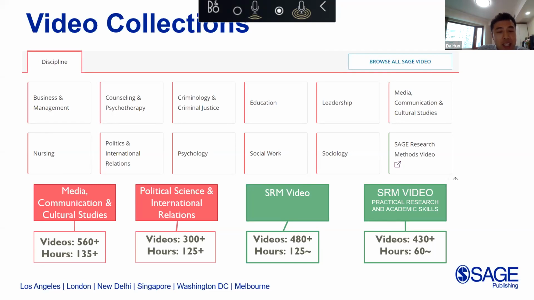For each collection, we establish and work with an editorial advisory board. These board members are faculty at universities around the world, experts in their fields. For each collection, we work with them to create a taxonomy of content across different subject areas, and organize this content so we can ensure that all videos within that collection match the discipline and contribute to the field